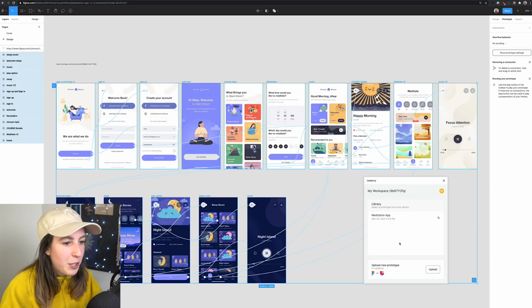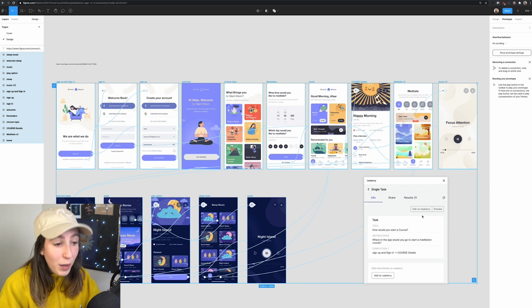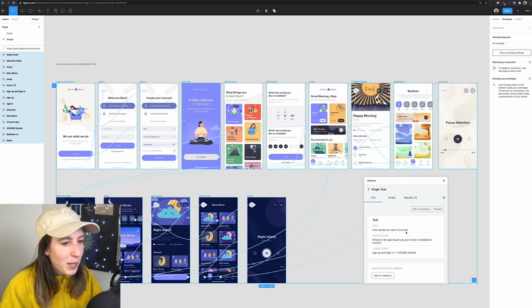Lastly, if you've used Figma, you can actually view all of these results right in Figma without having to go to Useberry at all, which is pretty cool. So back here in Figma, I have the Useberry plugin open, and I can click into my meditation app, and it will show me that I've set up a single task and that there's one result. So one person has taken my user test, and we can actually see the results of this test right here